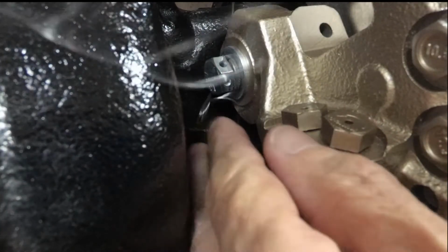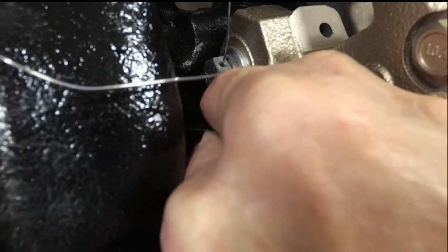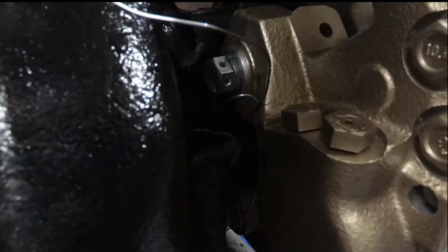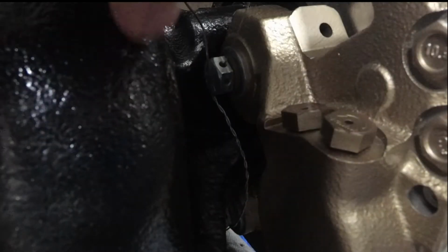The one thing that crossed my mind originally was, why don't we just use Loctite? Well, Loctite... Excuse me for interrupting myself, but for those of you who are still with me and haven't slipped